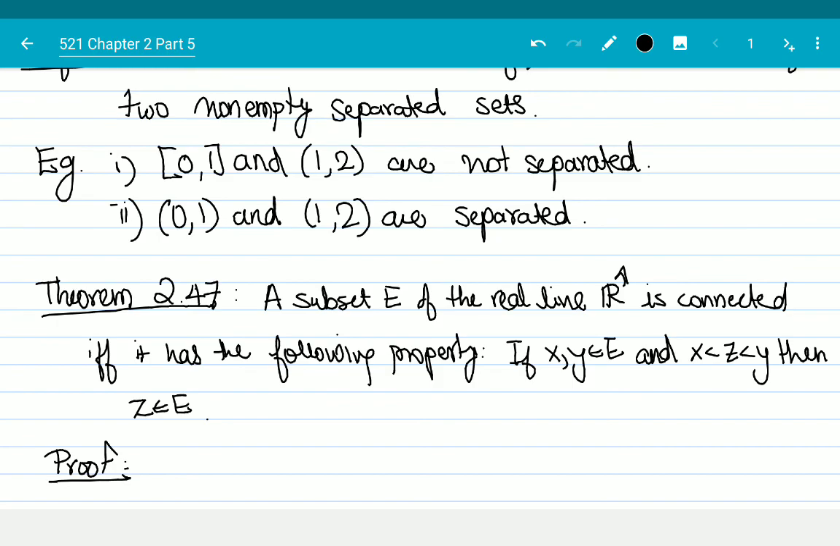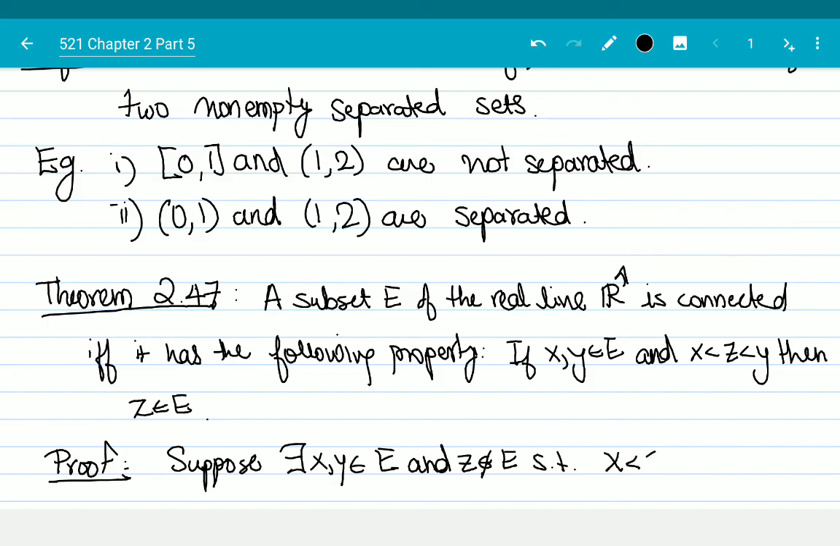It's also saying something slightly stronger. It is saying these are the only connected subsets of R. Okay, so suppose there exist x, y belonging to E and z not belonging to E, such that x is smaller than z, smaller than or equal to y. Okay, if such a thing exists,